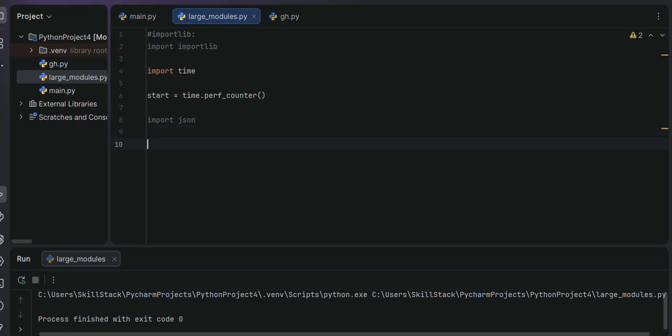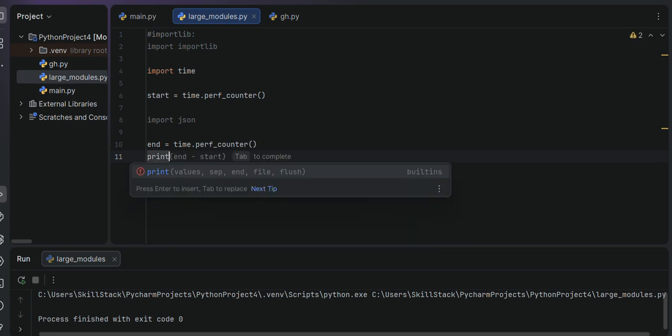And now let's save the stored time after import. So end is equal to time dot perf_counter. Now let's calculate the total loading time. End minus start gives seconds, and if you want to convert to milliseconds, then we are going to multiply it with 1000. Okay, so print